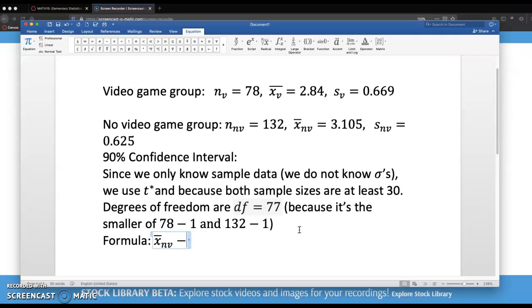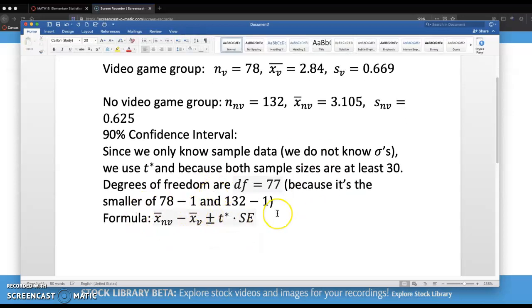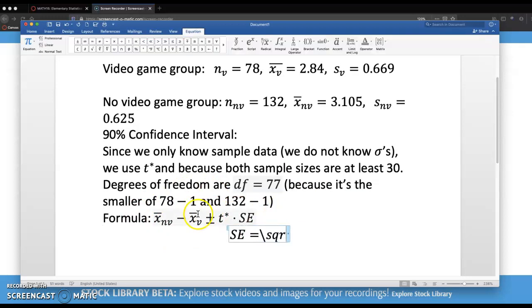So I'm going to take the no video game minus the video game group, plus or minus t star times standard error. So here's the formula you need to use, and we'll plug this in in a second. The standard error formula is the square root of